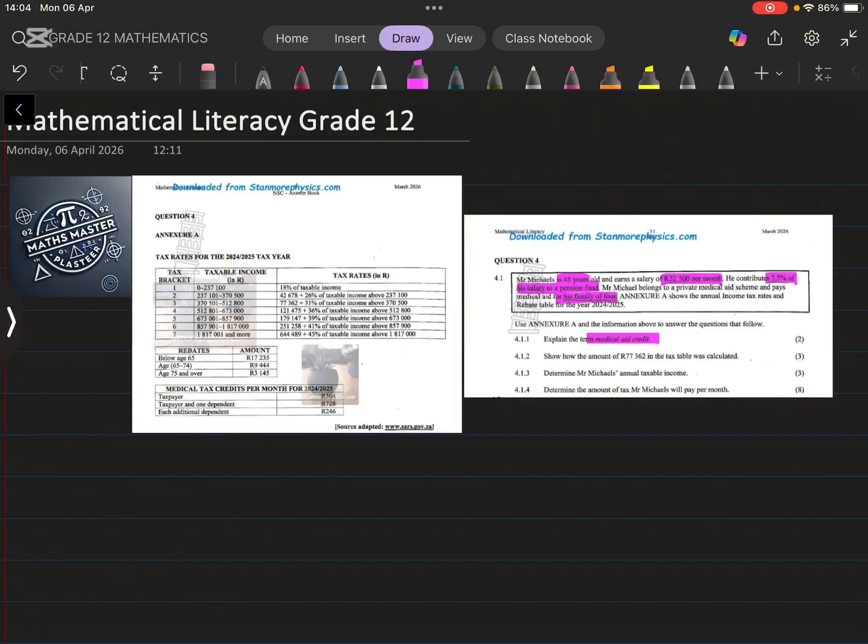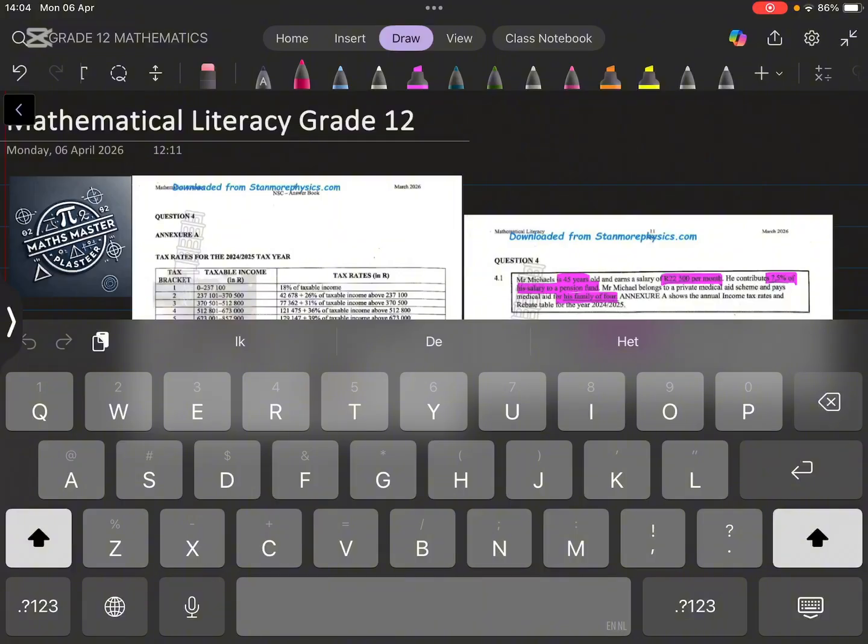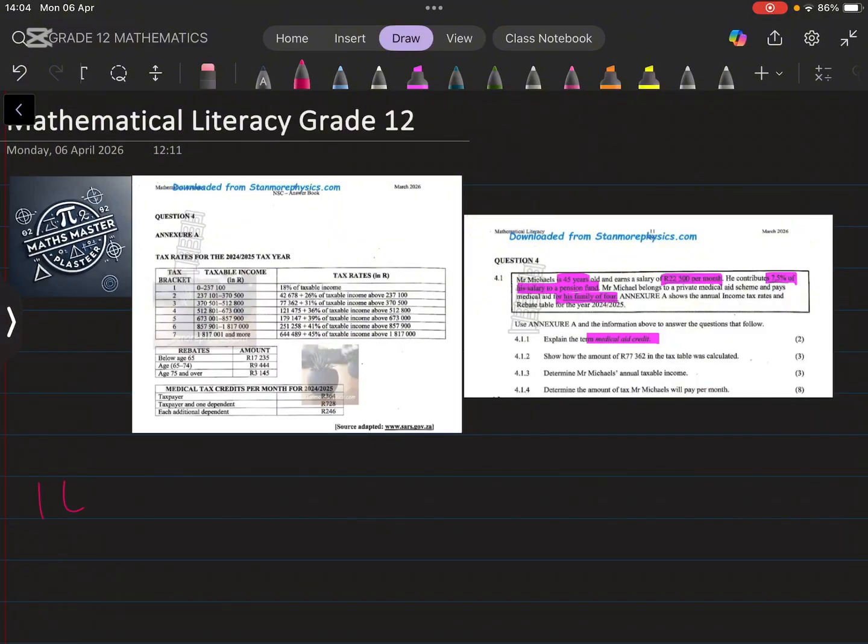That's why we're saying it is a tax rebate given for a medical aid contribution that reduces tax payable. It reduces the tax which an individual must pay, but it heavily relies on what? It heavily relies on your contribution towards your medical aid. So let's write it down. It is a tax rebate, or you can use the word discount, given for a medical aid contribution